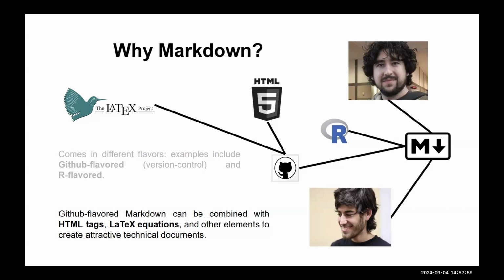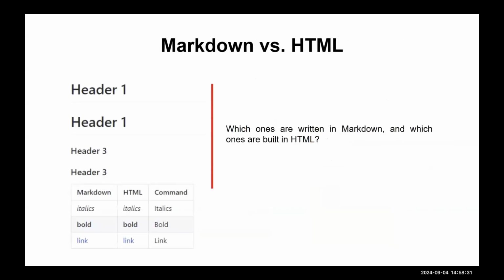Now we use Markdown as a base high-level language, and then we can add things like HTML elements and LaTeX elements and other things to create attractive technical documents. That's usually what people use Markdown for on GitHub, to create those README files. README files need to be stylized and informative. This is a standard thing people use in a lot of open source projects, but it can be useful in other contexts as well.